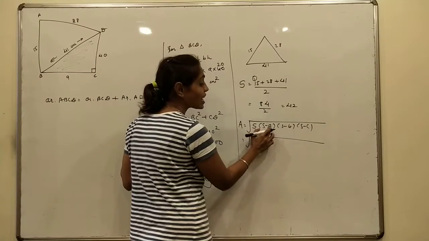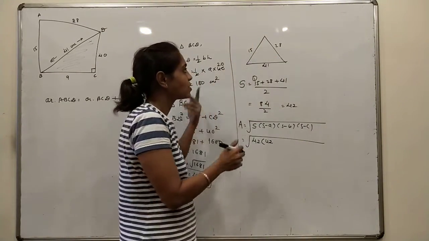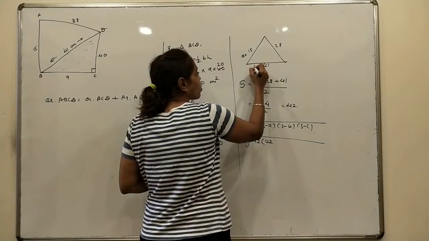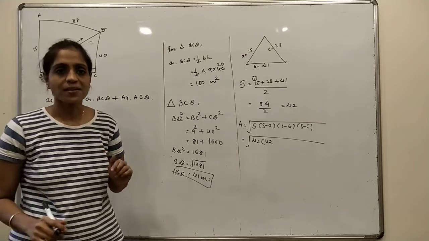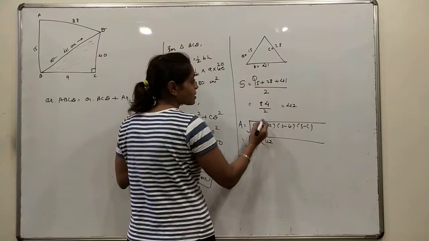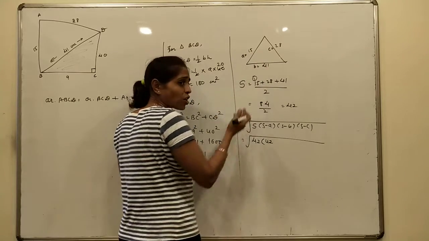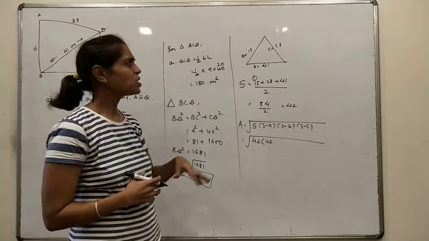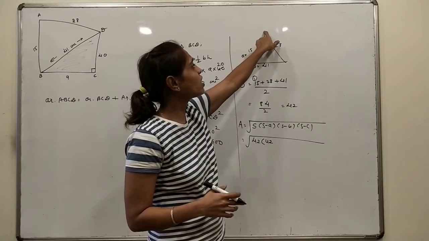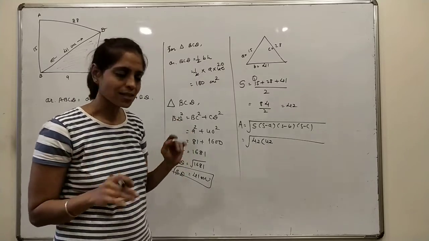S is 42 minus A. What is small abc? They are the sides, right? We call one side A, another B, then the third side we call C. Small abc are the sides. A is 15. In place of A 15, you can also take 41. It's not a strict rule that you must take this as A. But generally, the side opposite to vertex A is taken as A. If you don't, it will also work.